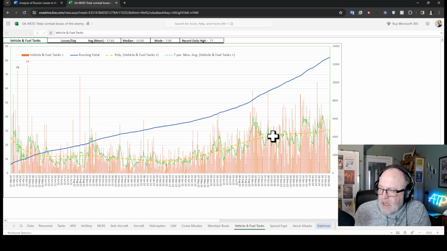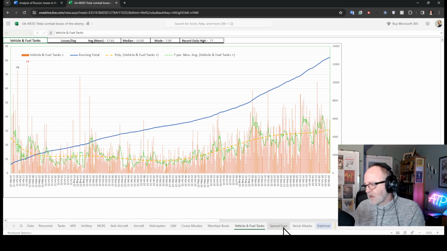And then when you start hitting Avdiivka, or actually just before Avdiivka, September was pretty difficult for the Russians there. You start seeing these really heavy losses, and they have continued. So actually, the Ukrainians have done a very good job since September of absolutely mauling Russian vehicles. The question is always, are the Russians doing the same to the Ukrainians? Of course, that's going to be the case.